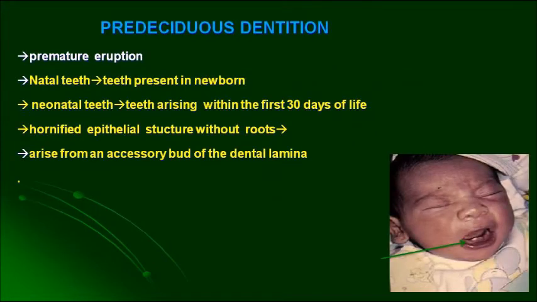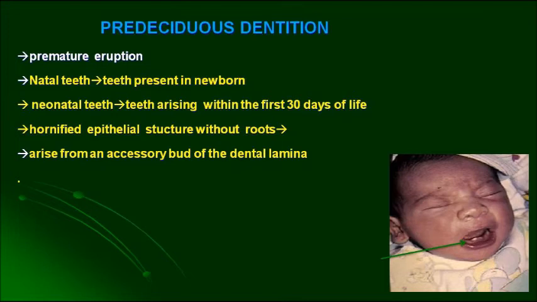Now let's learn about 2 important MCQs. What is a natal tooth and what is a neonatal tooth? See the child with a small tooth in the mandible. It is not a deciduous tooth. If the baby has a tooth at the time of birth, it is called a natal tooth. But if it erupts after birth, within the first 30 days, it is called a neonatal tooth. So just remember the points. What is a natal tooth and what is a neonatal tooth? A natal tooth is the one which is present at the time of birth.